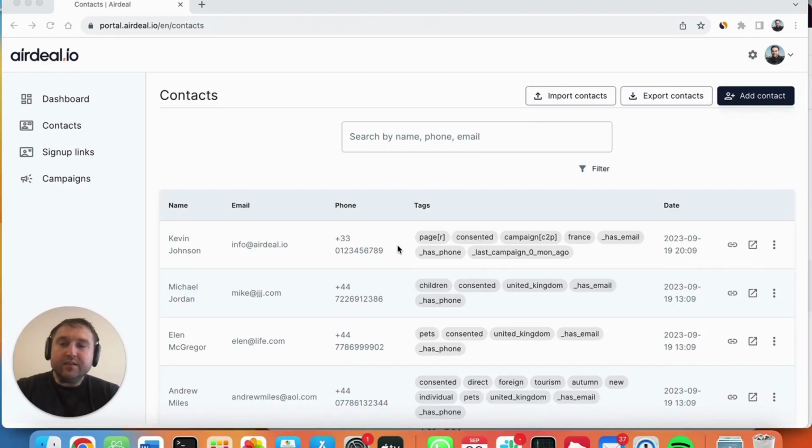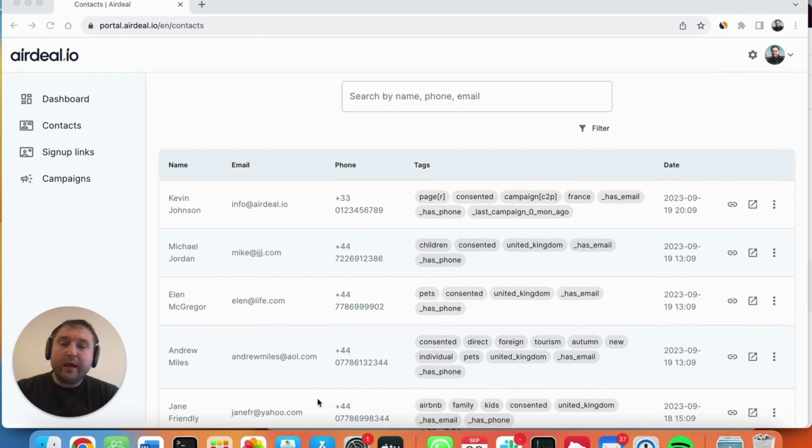Hey guys, let's talk about preparing and launching campaigns in AirDeal.io. In a way, this is the most important tool within AirDeal.io because the reason why we have been building up